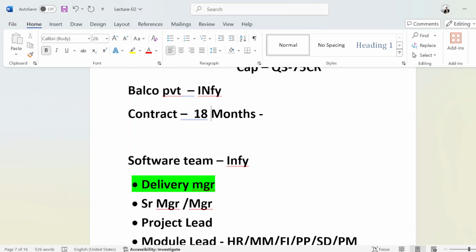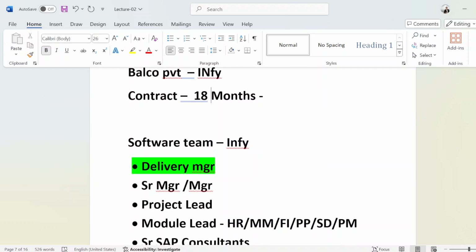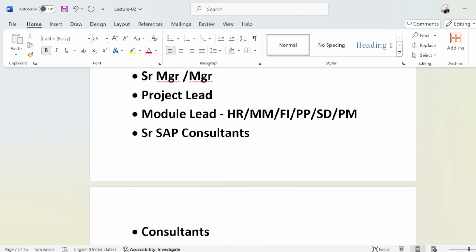Let's suppose they are trying to create a PO and they are getting some errors there. That is resolved by the support consultant. So that's a support project, and those errors we used to call a ticket in real time. Support consultants used to resolve them and help the users. Sometimes consultants also help to train end users in the companies. Okay, training they used to provide. So that's a support project.